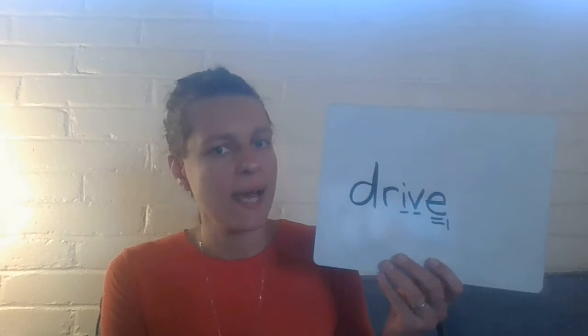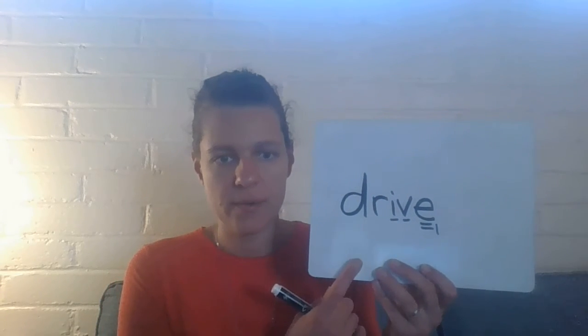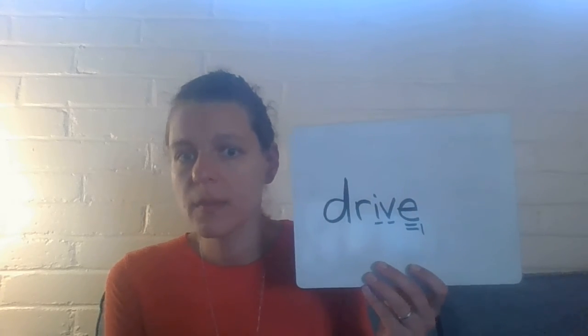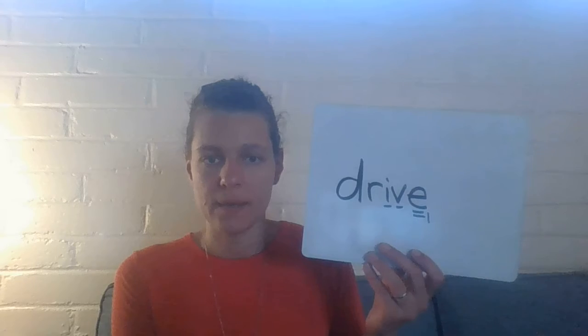Now, class, what do we add to change a present tense verb into the present participle? Good, we add ing. Now, ing is a vowel suffix. A suffix means it comes at the end of the word, and a vowel suffix is a suffix that starts with a vowel. So ed is a vowel suffix, er is a vowel suffix, ing is a